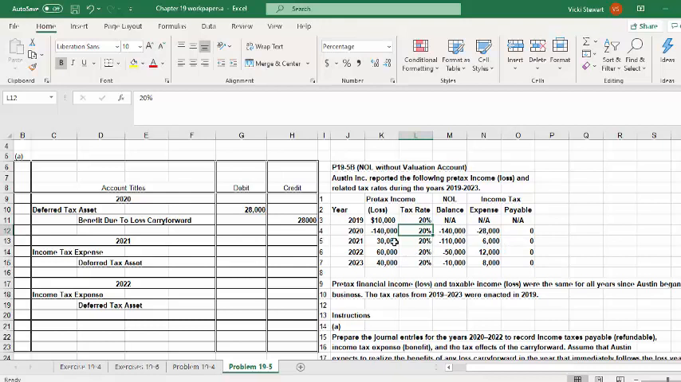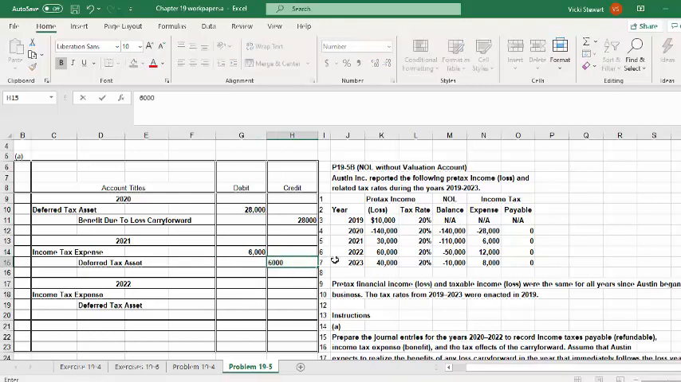In 2021, Austin had $30,000 of pre-tax income, and so they would utilize $30,000 of the NOL from 2020 and have $110,000 left. Their income tax expense would be $6,000, which is $30,000 times the 20% tax rate. So to record this entry, we would debit income tax expense for $6,000 and we would credit the deferred tax